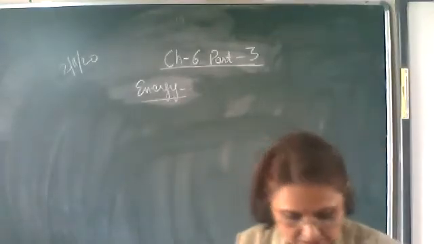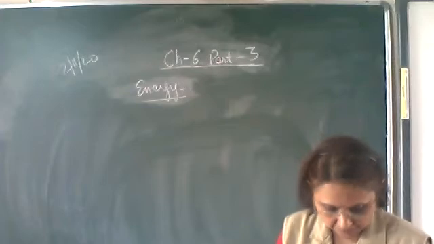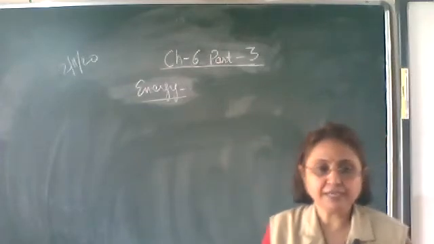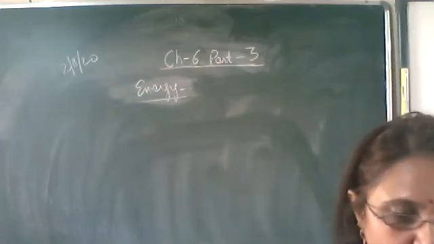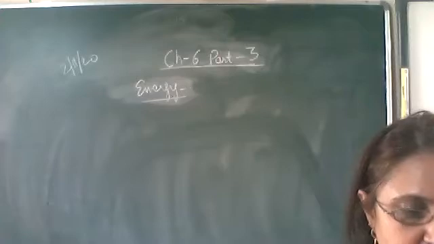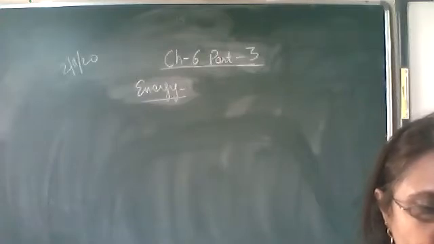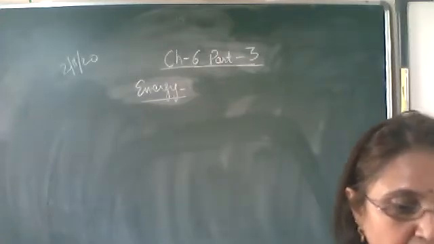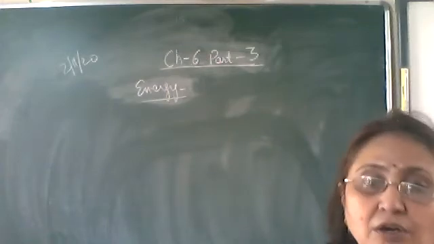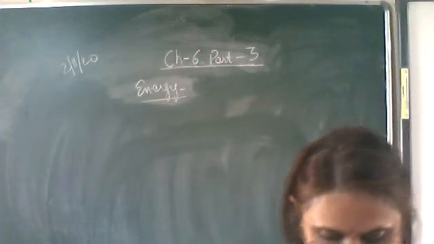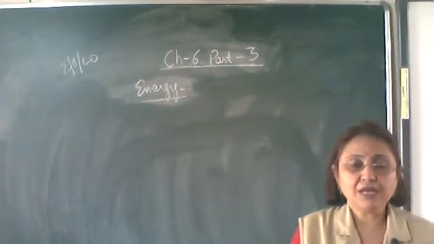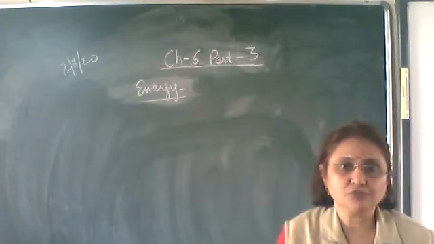Okay, so in the previous class we studied power, which is defined as the rate of doing work per unit time. Its SI unit is joule per second, which is taken as watt. There are some other practical units also, like horsepower. Generally, the power of engines is measured in horsepower, and 1 horsepower is equal to 746 watts.